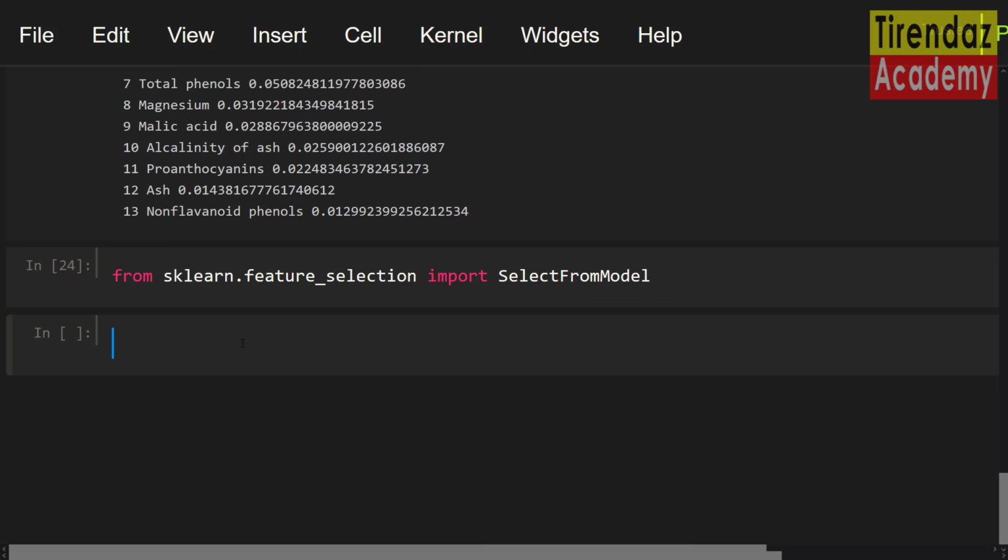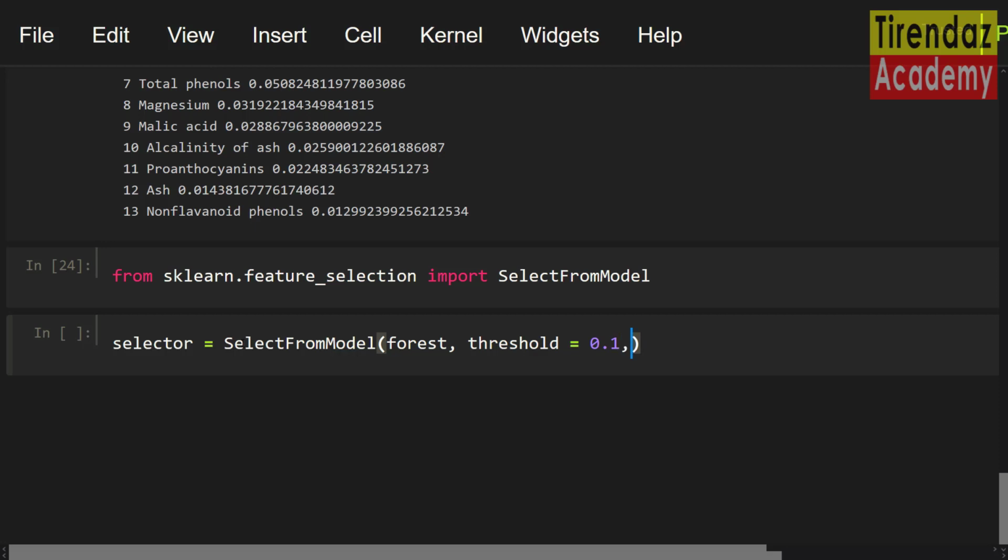Let's take an instance from this class. selector equals SelectFromModel. I'm gonna set the trained model, forest. Next, let's write the threshold value to be used to select the features. threshold equals 0.1. Only features that are greater than or equal to this threshold are selected.